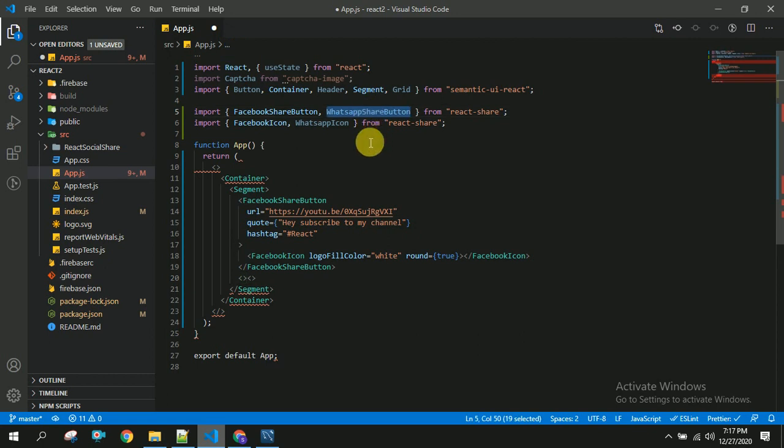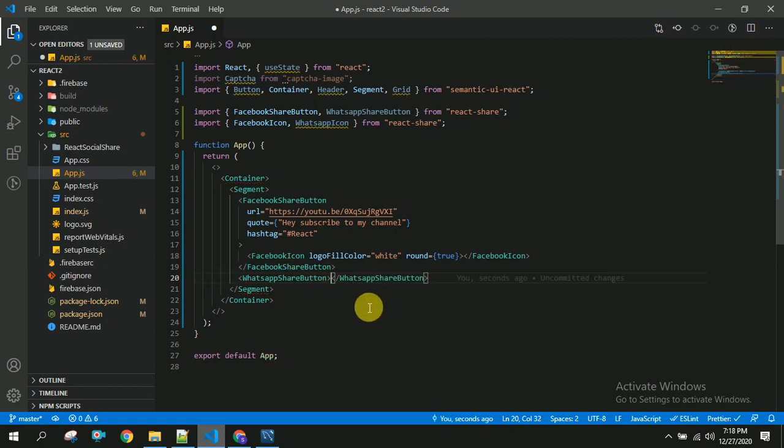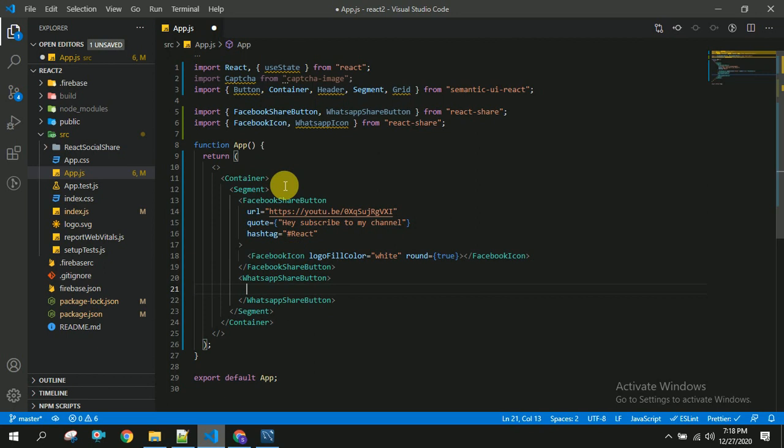I am going to copy this and paste it here. Inside this WhatsApp share button you have to use this WhatsApp icon. You can copy this and paste it in this icon.